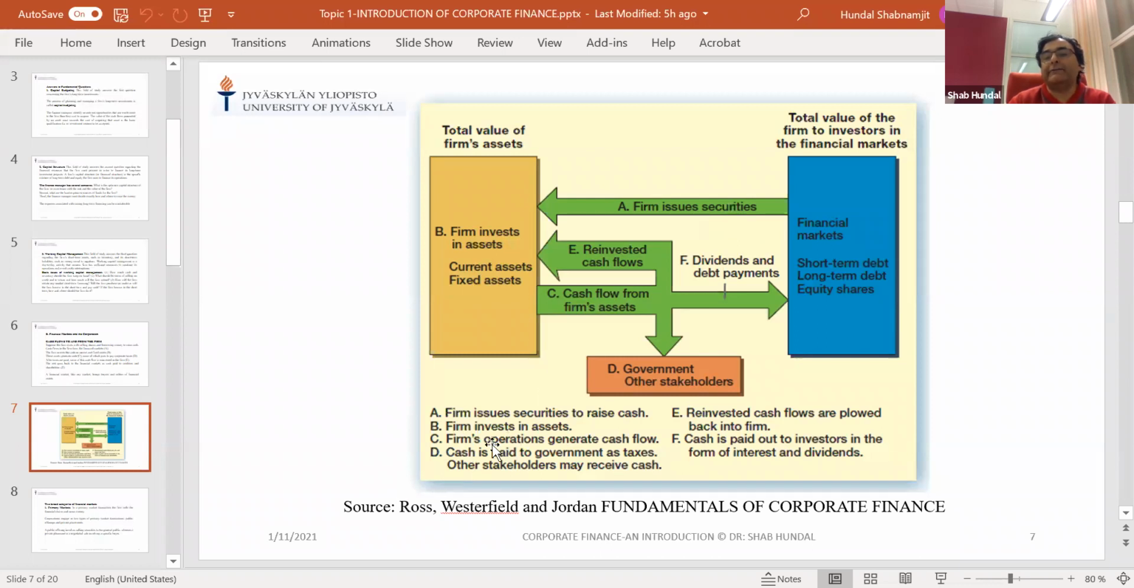And then you are investing those financial resources in the assets, which could be your current assets and non-current assets. Then the C is that now because you have those assets, you are making operations based on those assets, and those assets are expected to generate the cash flows. And then from that cash flow, which finally you don't hold all the cash at your disposal, you are distributing to the government as a part of tax, and you're also distributing the part of your profits to the other